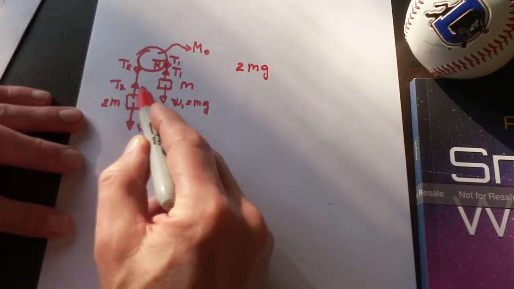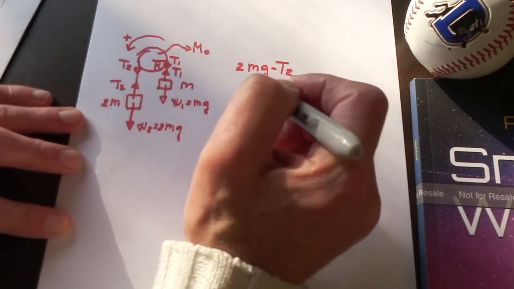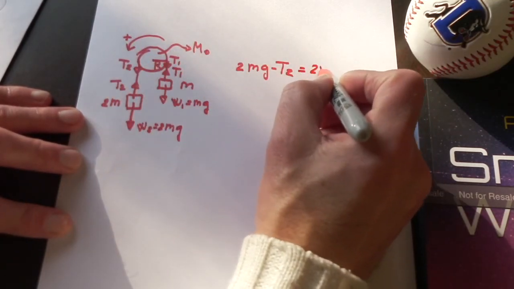Applying Newton's second law to the two blocks, we get that weight 2 minus tension 2 is equal to 2m times